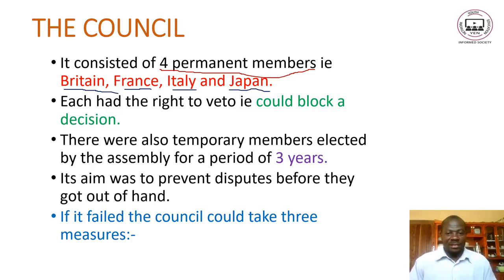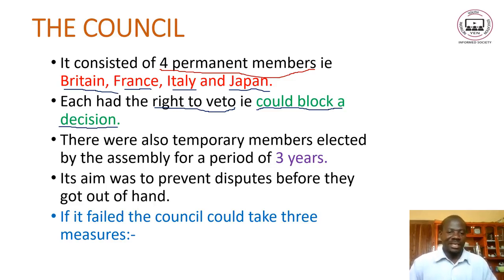And these members, what made them so peculiar to others? So they had the right to veto. What is it? It means to block a decision. That is, after the assembly has passed, agreed on something, to say, all right, as a world body, we are agreeing maybe to shun this country from aid, from trade,